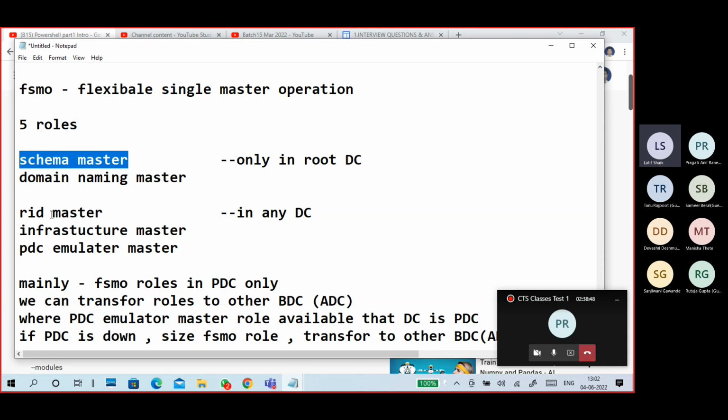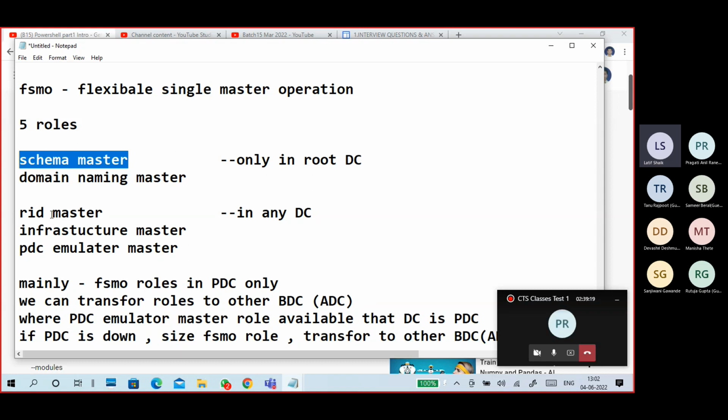PDC emulator master. One role is PDC emulator master. The PDC emulator master handles time synchronization between Active Directory servers, from one domain controller to another domain controller, to users, computers, and so on.